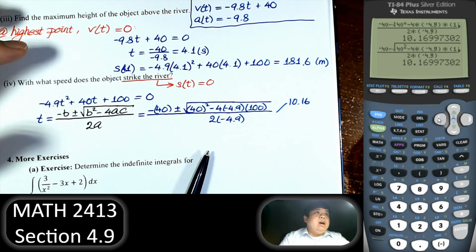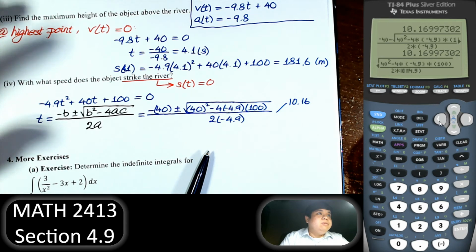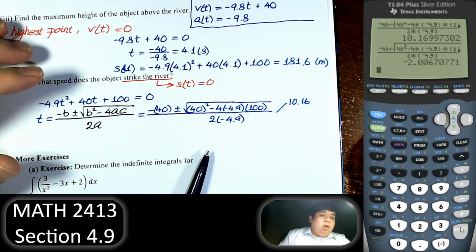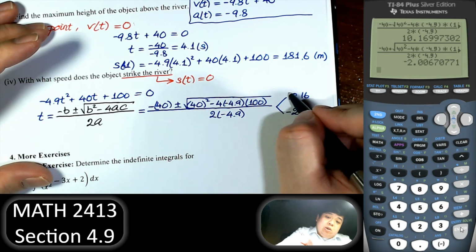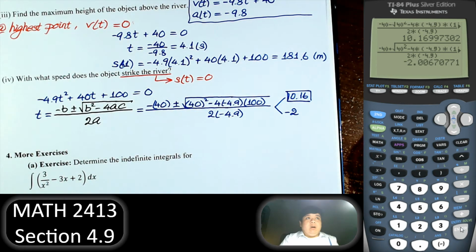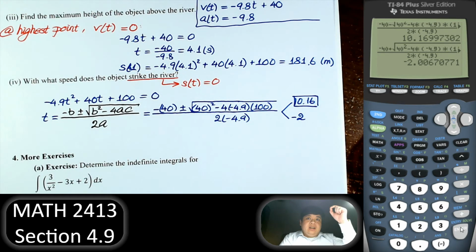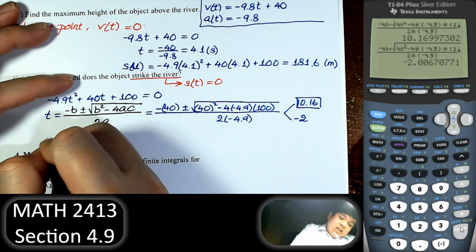Right, what happens if we have a plus? Right, we have negative 2. Of course, time cannot be negative, so t is going to be 10.16. So when we throw the stone up, after about 10.16 seconds, the object will strike the river when the position equals 0. So at t equal to 10.16,